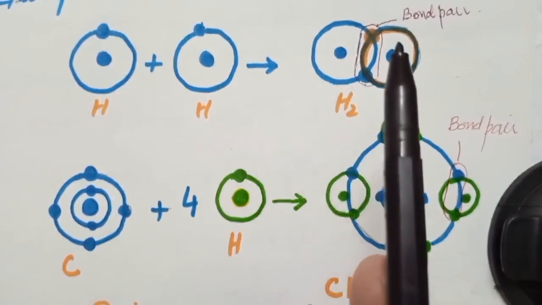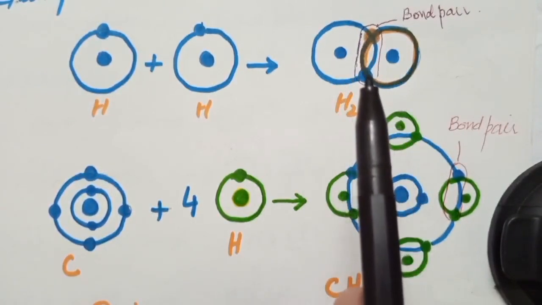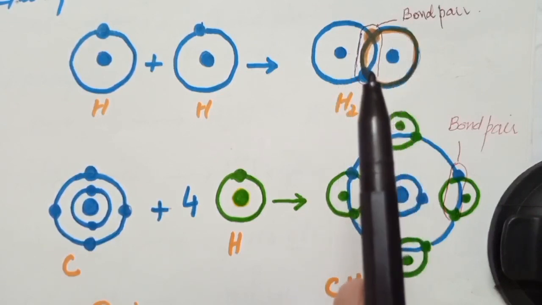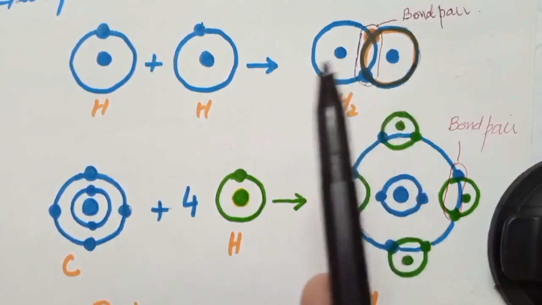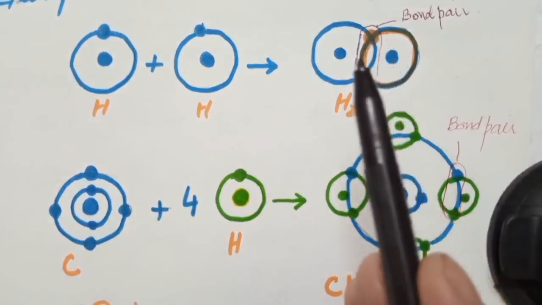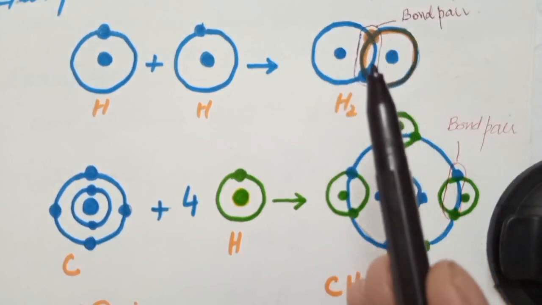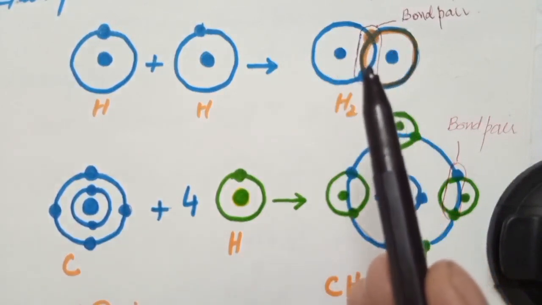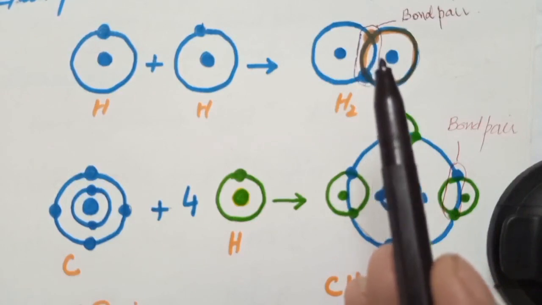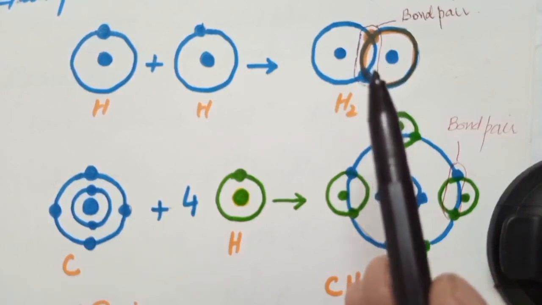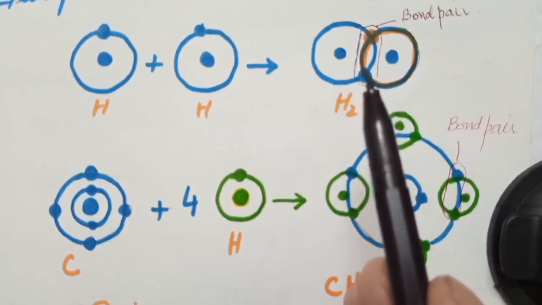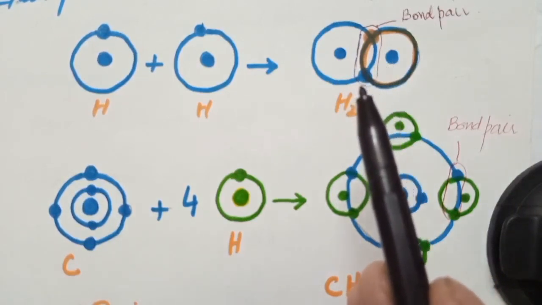You can see here that these two electrons are contributed by these two atoms, and they form a pair which is mutually shared by both bonded atoms. This pair of electrons is attracted by the nuclei of both of these two atoms, due to which this pair of electrons remains associated with these two atoms. There is no loss or gain of electrons, due to which ions are not formed. This is the reason that covalent compounds consist of molecules, not ions.